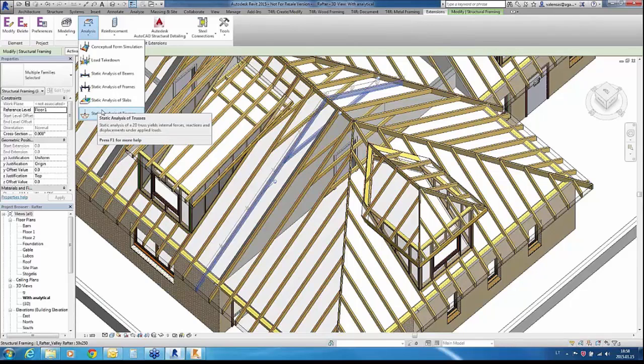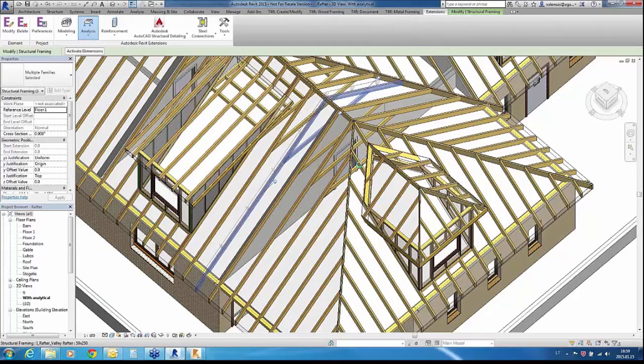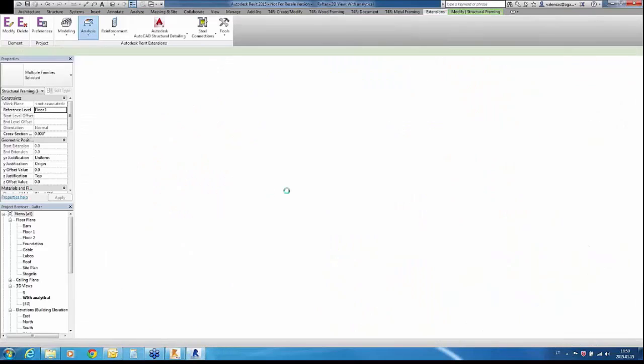That's why I didn't show it before, but you should experience, make some personal tries to see how it works. Okay, so I will just show this one. I will choose static analysis of frames, and I just don't need any analysis software. I can do this in Revit. Now it will,